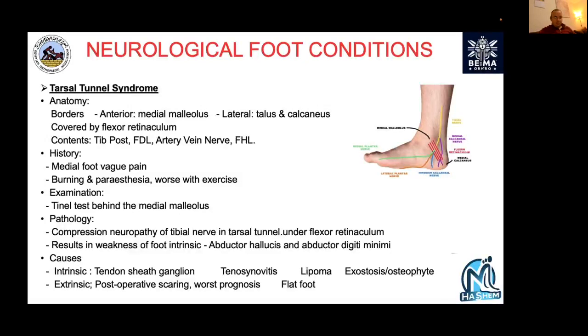Yes, just a question from Ahmad. What's the role of the tendon transfer in the Stainsby procedure? So Ahmed,